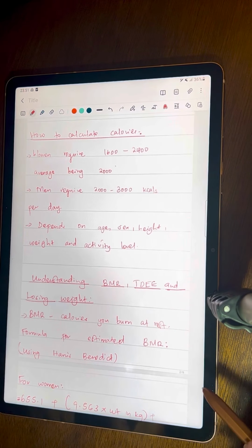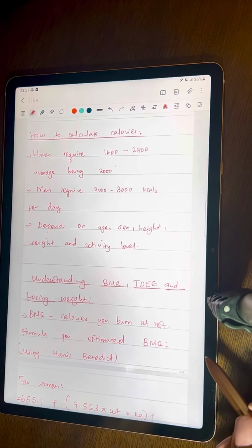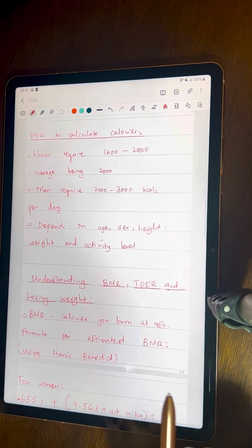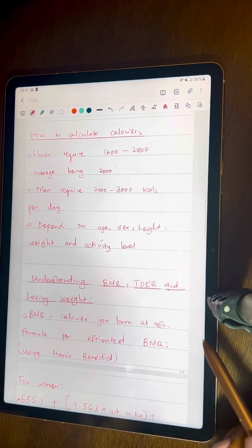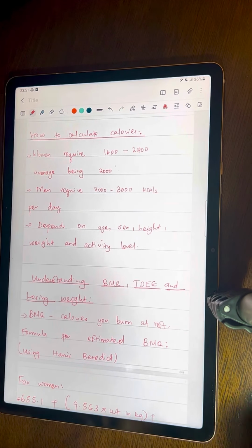Hi guys, I had promised to work on the calories video and I looked for the best way to explain it. I thought I'd break it down to calculation because that's how we do it. So on average, women require about 1600 to 2400 kilocalories. So that means that's already an average for